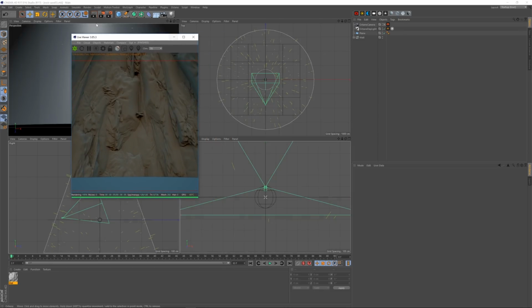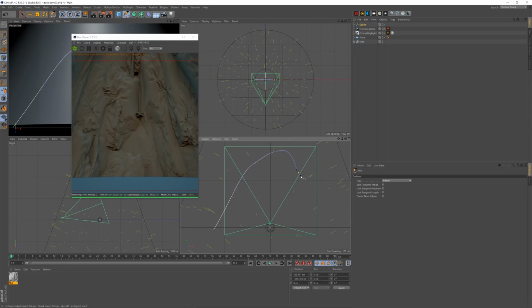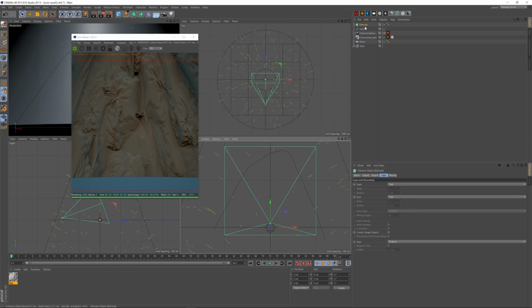But first, let me just grab the pen tool. I'll go into my front view, and I'm just going to draw something which might be like a cave-like entrance. That'll do, just a line like that. I'm going to drop that into an extrude,